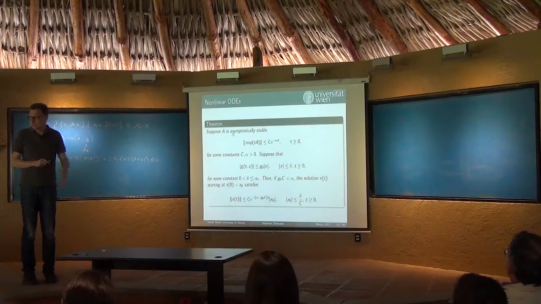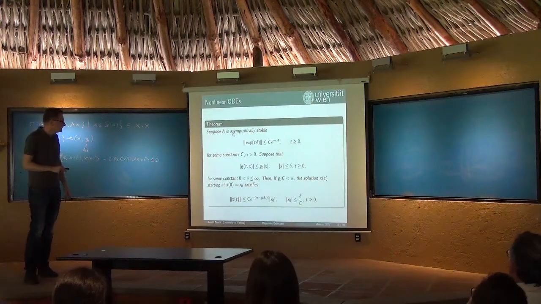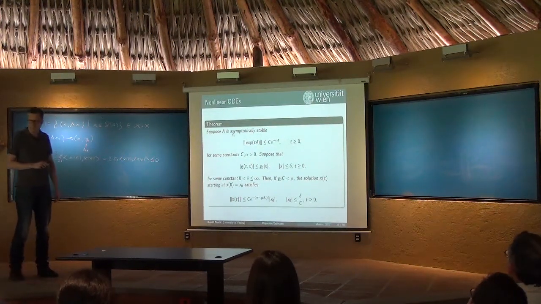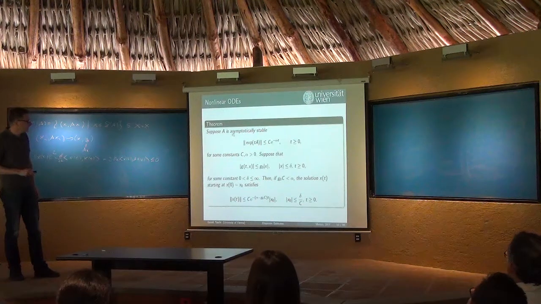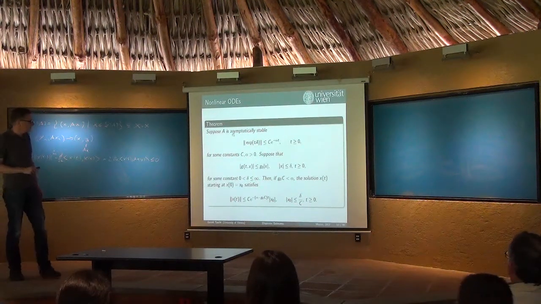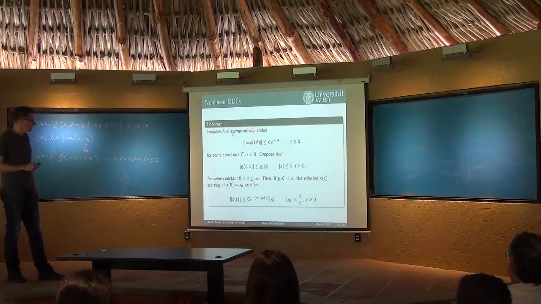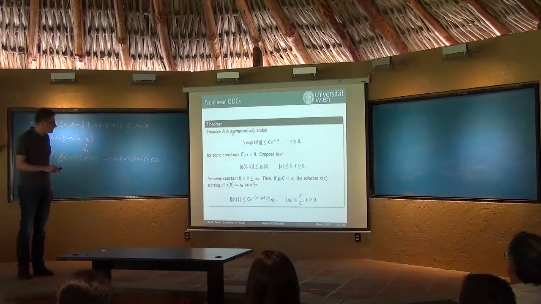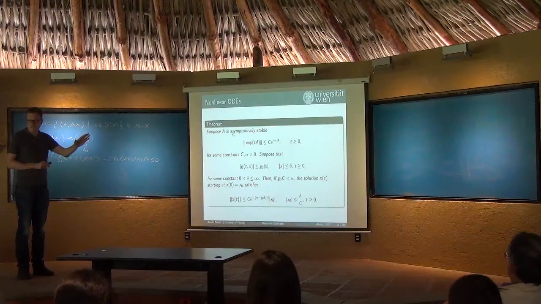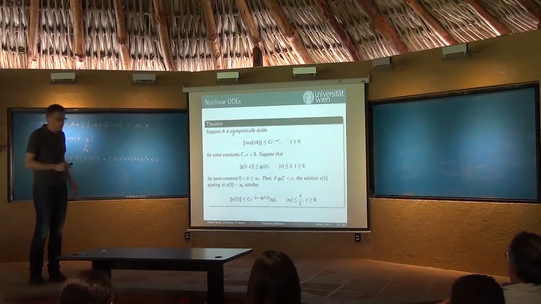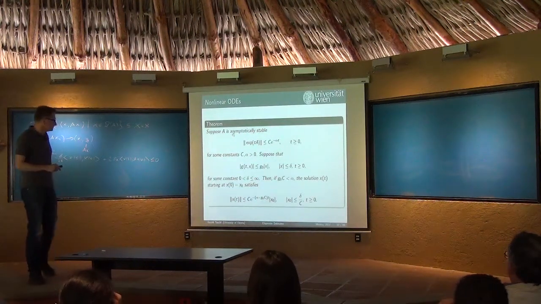Otherwise, if you have polynomial terms, then you just need to shift this by an epsilon. But in any case, you will have an estimate like this for all the entries of your matrix, and hence also for the corresponding matrix norm. So this norm here is just the standard matrix norm, or the operator norm if you want,